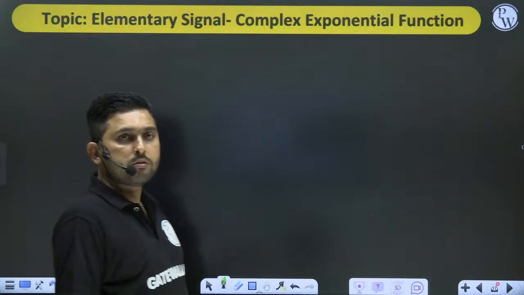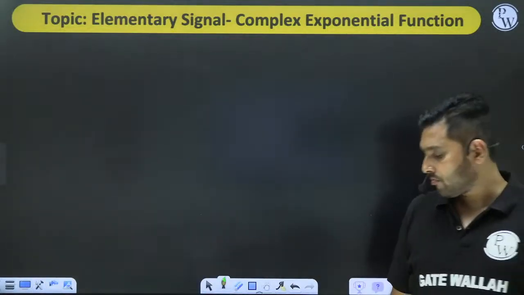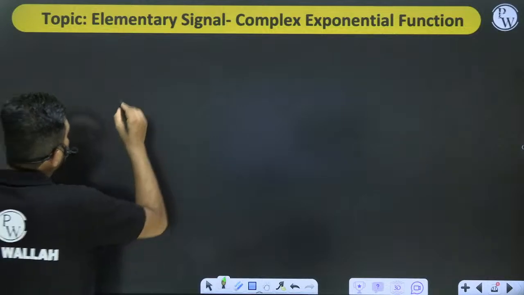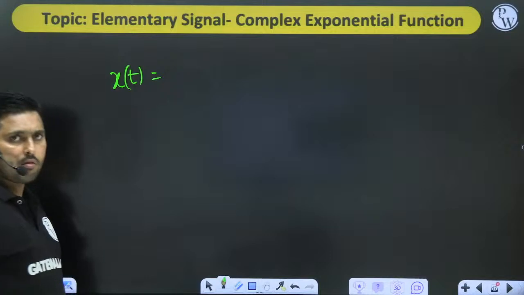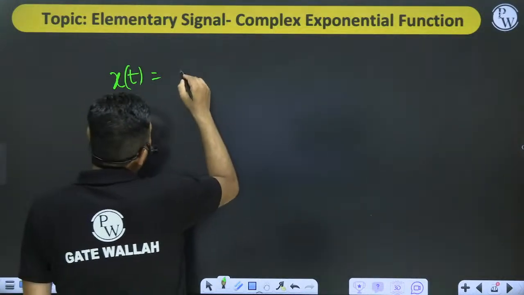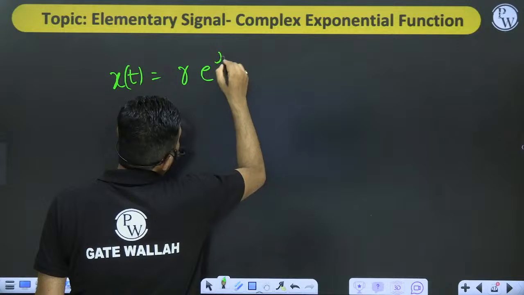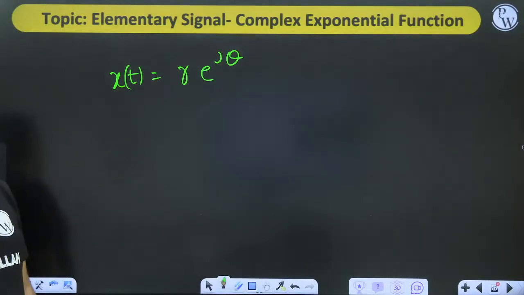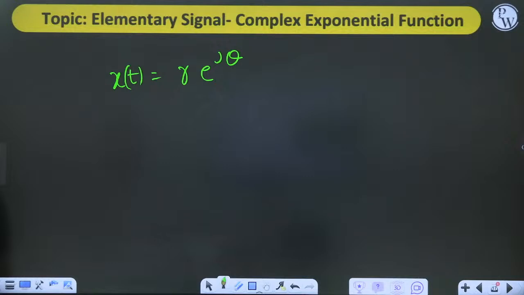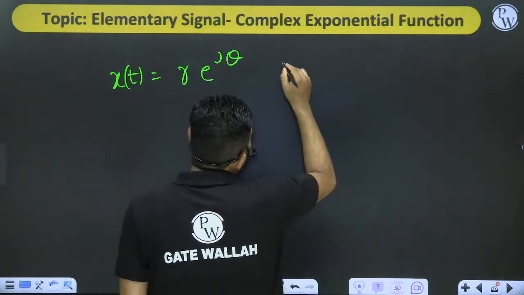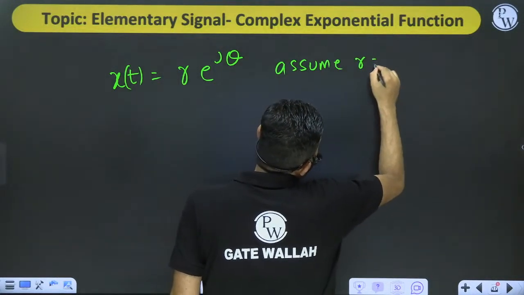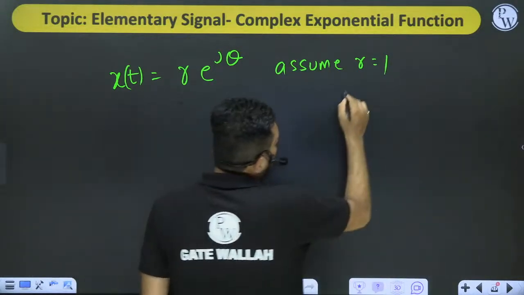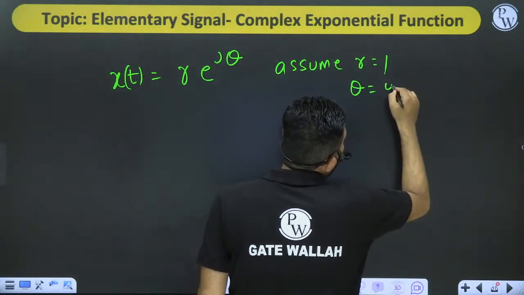Okay. So now let's talk about a complex exponential function. Suppose I have x of t equal to R e to the power j theta. Let's consider a very interesting function, where, for my convenience, I assume R to be equal to 1 and theta to be equal to omega t,